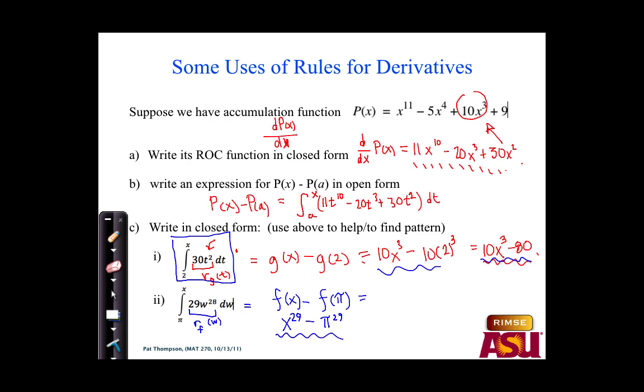Now, the one other thing I wanted to mention, we talked about a little bit earlier today, there are a whole bunch of different functions that can have the exact same rate of change. In reality, when you're doing these problems, it doesn't matter which one you use. So what I mean by that is, this 30t squared as a rate function could have come from something like, well, let's say it's 30x squared. So if 30x squared is the rate of change for some function f, the original f function could have been, like we used,